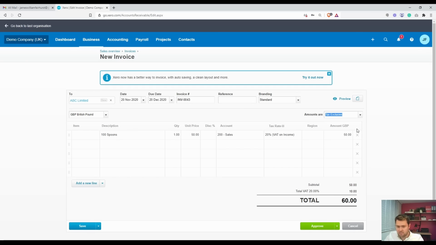Okay, that's the main thing. We click save. And later on we'd be able to match up that prepayment to the invoice once we've raised it. But for now that's dealt with. Okay,